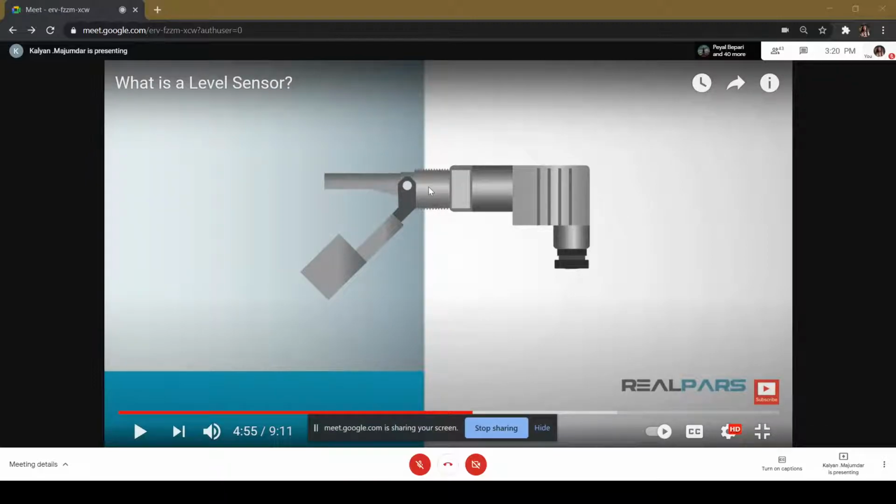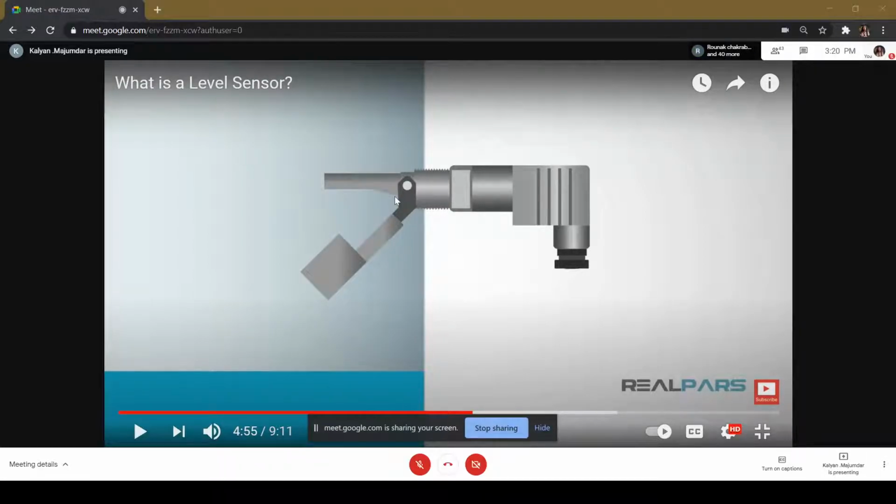So the position of the switch, it's installed at this particular point. You could install this higher. You could also install this lower. So it depends upon the mechanical installation of the switch. What does the switch do? It basically senses whether or not you have liquid at the position of the switch. If there is liquid at the position of the switch, or if there's liquid above, that is one state of the switch. If there is no liquid at the position of the switch, there's another state of the switch.